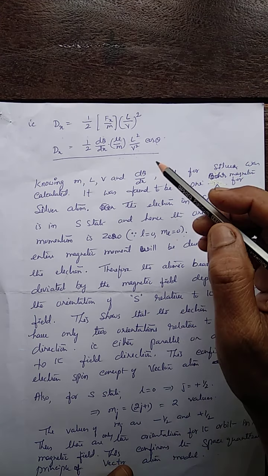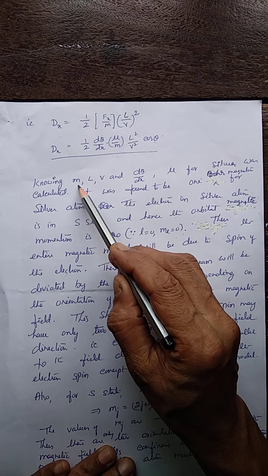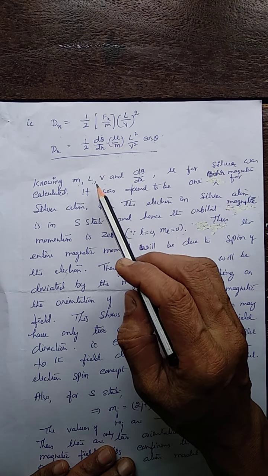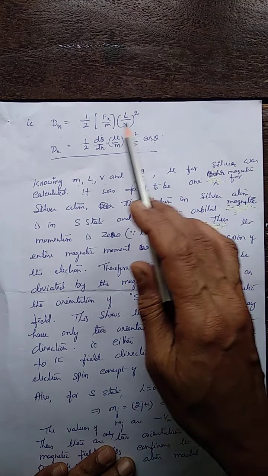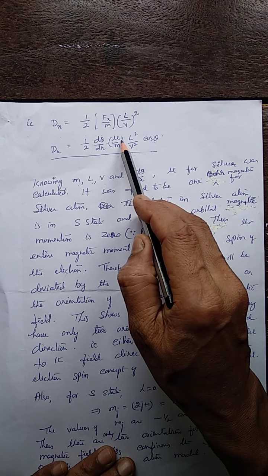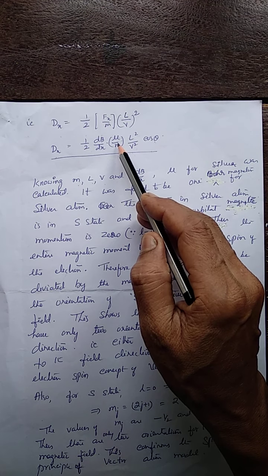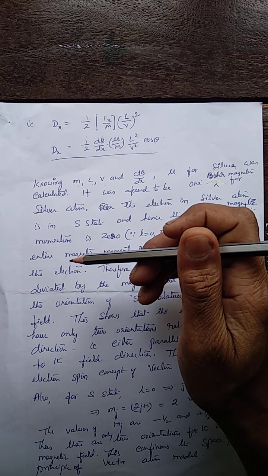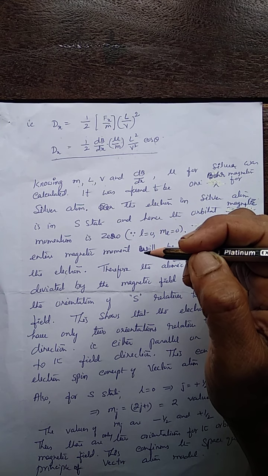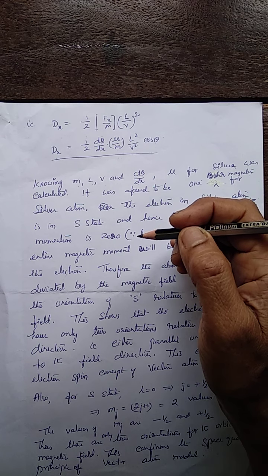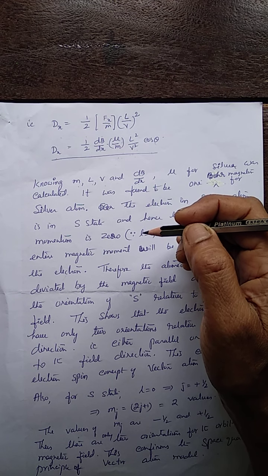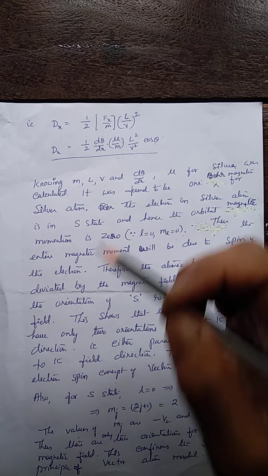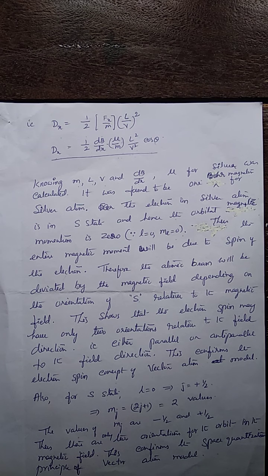Now, in the experiment, by knowing m, the mass of the atom, the length of the path L, the velocity, dv by dx, cos theta, and dx, by knowing all those things, this mu, the magnetic moment of the silver atom, was calculated. And from the experiment, the value obtained was exactly 1 Bohr magneton. What is Bohr magneton? The smallest unit of magnetic moment. It is nothing but the magnetic moment of the electron.